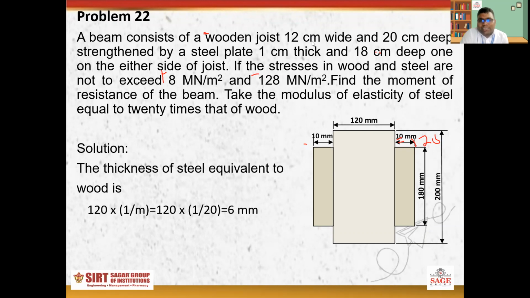So 12 centimeter wide and 20 centimeter deep, strengthened by a steel plate 1 centimeter, that is 10 mm thick, and 18 centimeter, that means 180 mm deep, one on either side of the joist. Either side means both sides. If the stresses in the wood and steel do not exceed 8 megapascal in wood and 128 megapascal in steel,